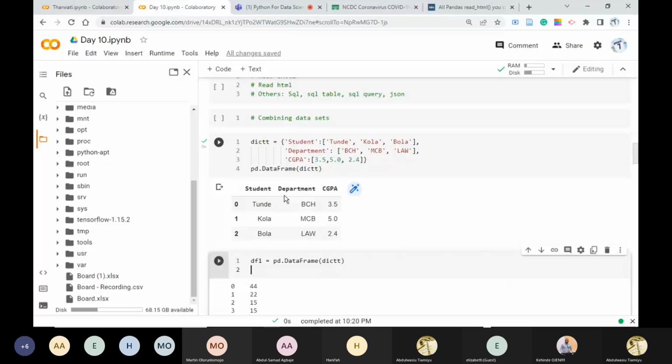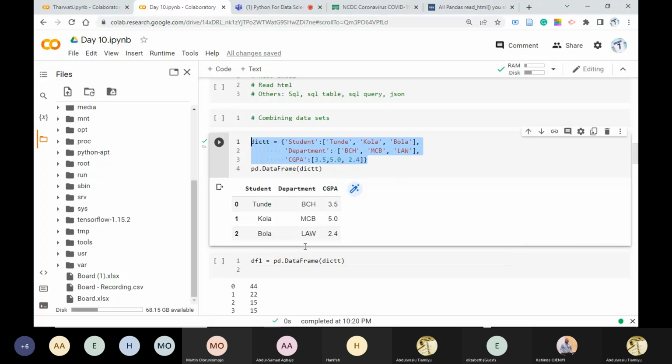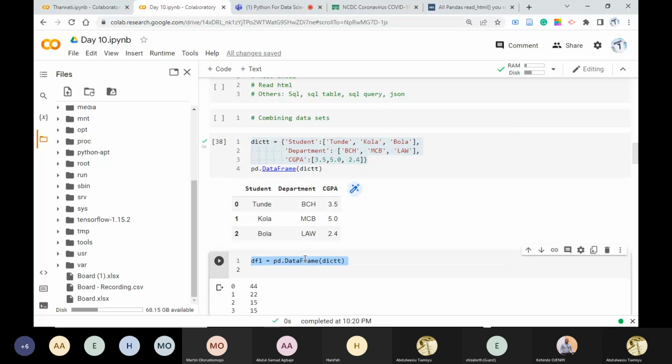Let's say we now have another list of students. Maybe when we were collecting the data, we were not aware that there are some other students in the school. So we got new information for new students. Now let's call it DF2. Then the names: we have Shola, then Debbie. The department,